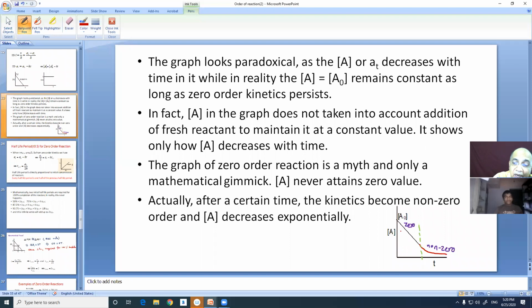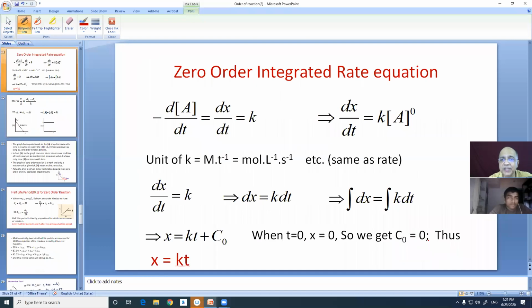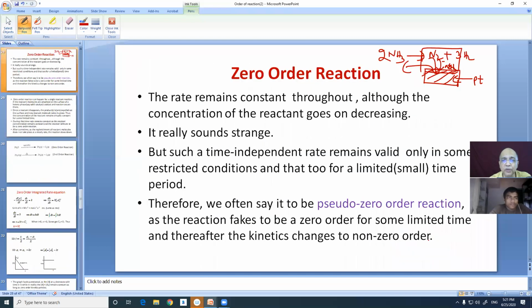And when I say concentration will remain constant, then you will be asking me, why is the concentration versus time graph not parallel to the time axis? No, you have to take the amount of reactant left, not the replenishment that keeps the concentration fixed. You have to take only what remains. That which is remaining will be changing in a linear manner up to a certain time, as long as it behaves as a zero order reaction, right? So you have completed this.